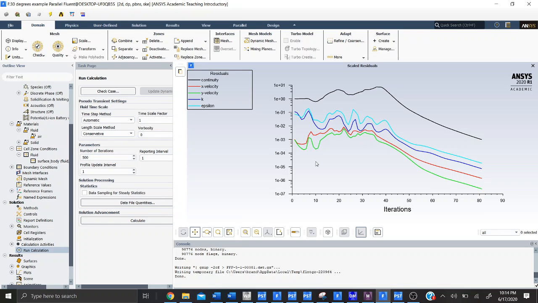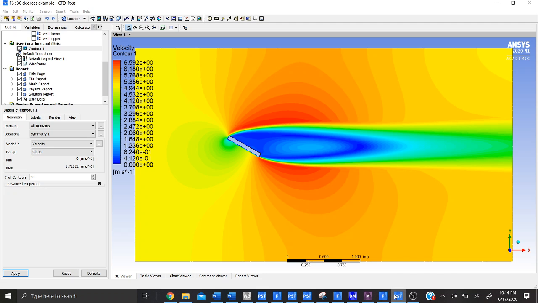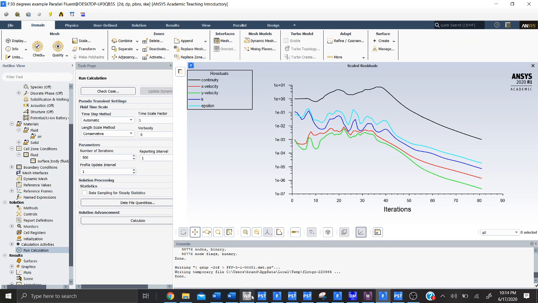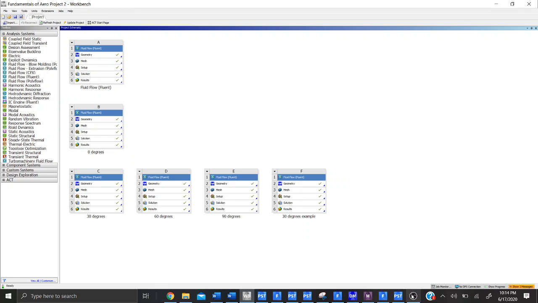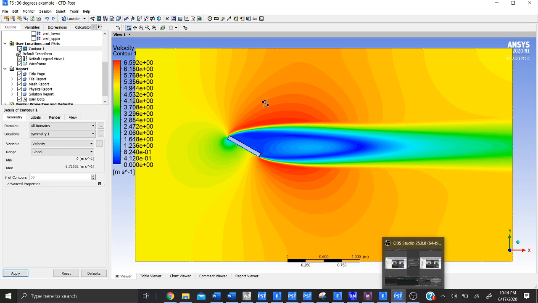So if it takes longer, here I knew it was going to only take about 80 iterations, so I kept it lower, and I probably could have gone lower than this, but just to be safe, I kept it at 500. And then finally, we go back to Workbench after this step, open the results section, and here are the